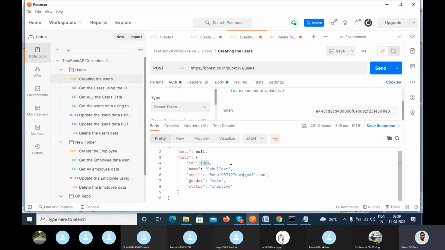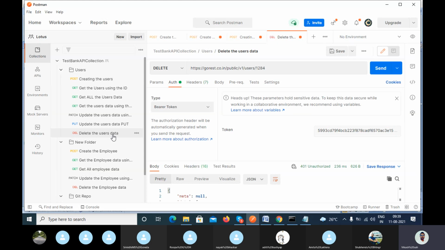He gets my user ID somehow, and he passes it here. So when he uses his token and tries to delete my account, let's try it.